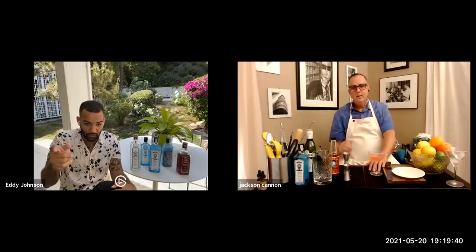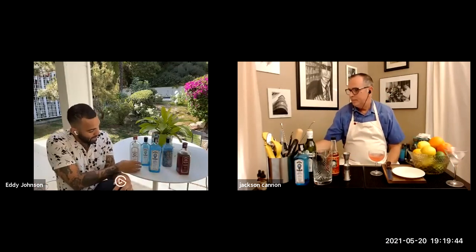I saw a lot of questions about some of the different expressions. So Bombay Dry was our first, right? This is the flagship gin of the House of Bombay. It was launched in the late 50s, and it was basically reviving a recipe that came out of 1761. This is really the first vapor infused recipe for gin we ever saw. This was Thomas Dakin, in the time where gin really needed to be